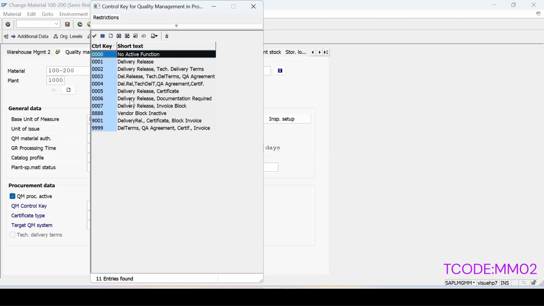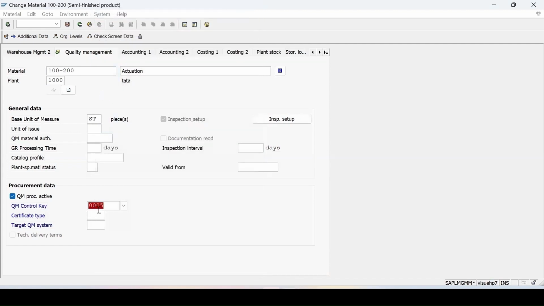But if I want to maintain some control, like if I want a certificate from the vendor, and if I want the vendor to be released or any extra things, then I can use the relevant control key. At present, let's take this one, that the vendor should be released and I want a certificate from the vendor. So I'm using this control key